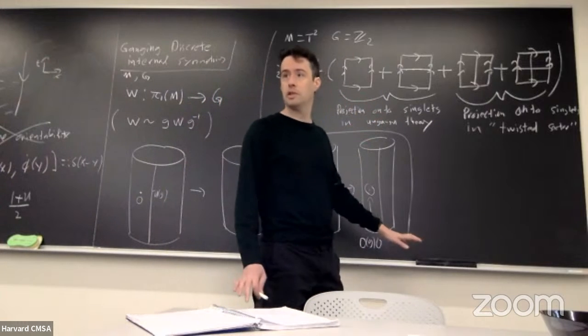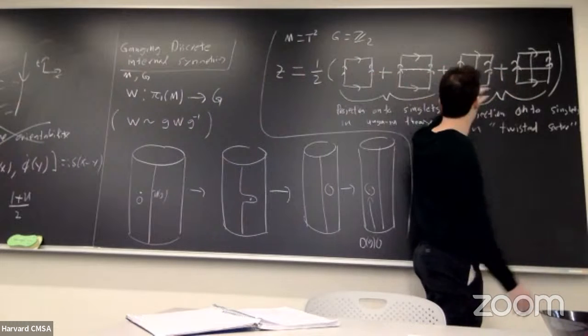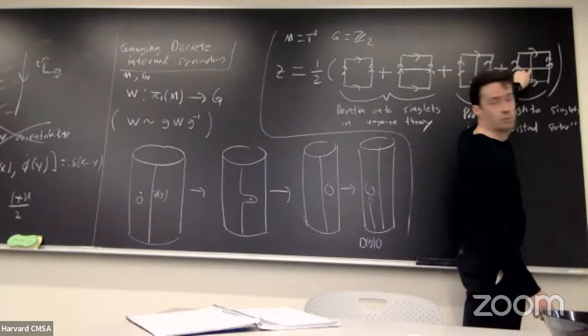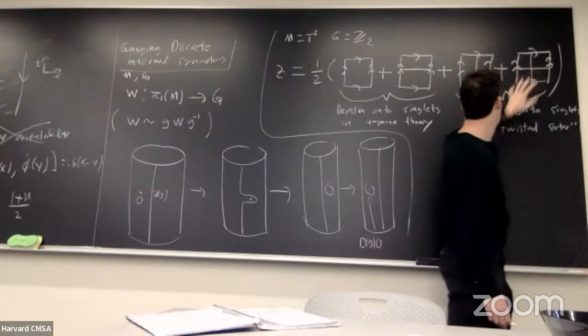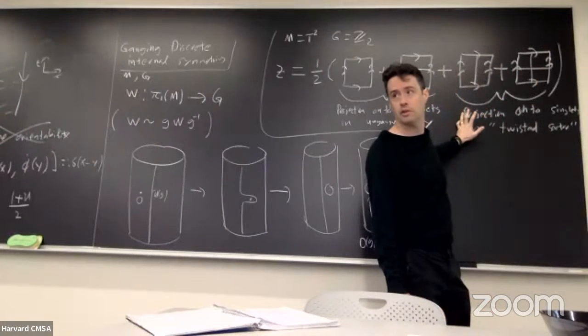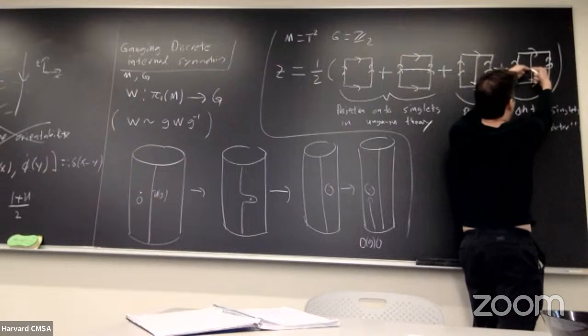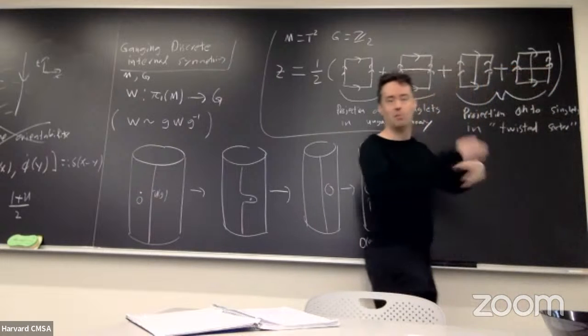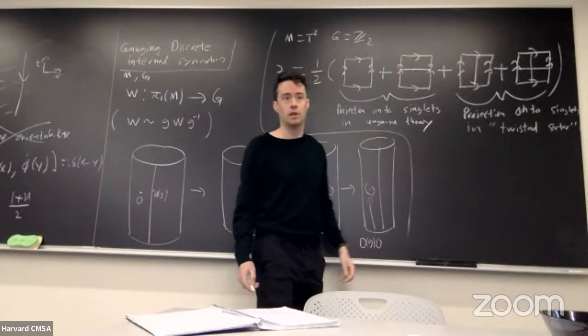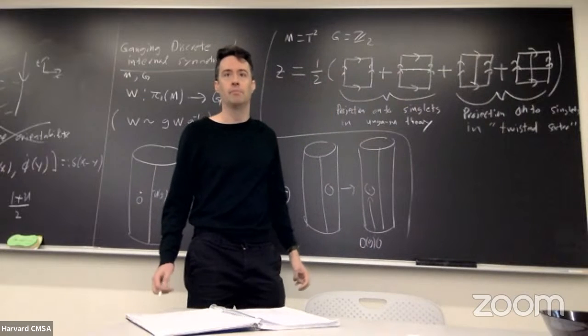And so the way to see it explicitly here, the only thing that could fail here is if there's some problem defining this so that I can't interpret the sum of these two terms as a projection onto singlets in the twisted sector. And the way it can fail is if there's different ways of resolving this, depending on which way you look at it. So there's a nice paper by Xu Hang and I think